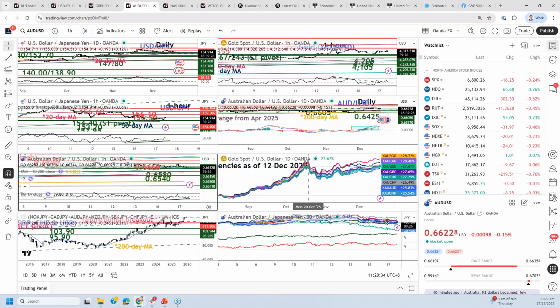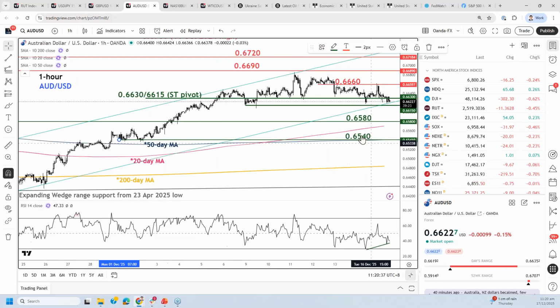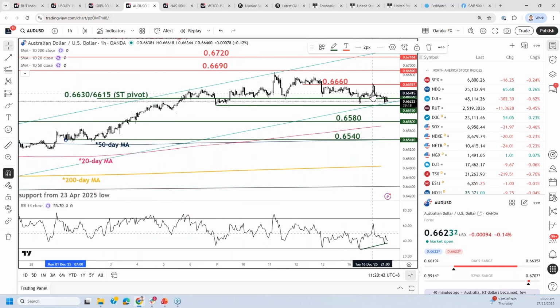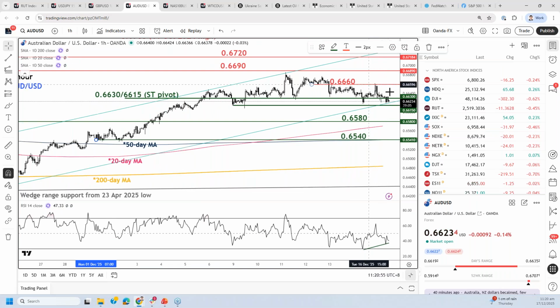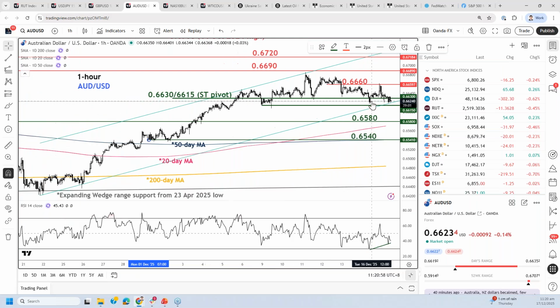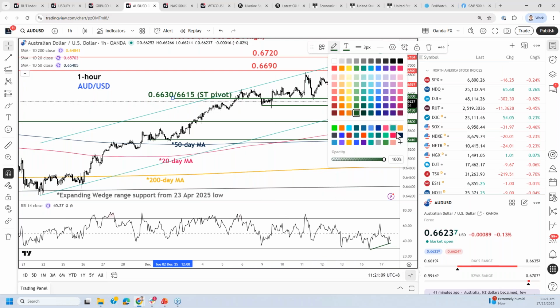Onward next will be the Asia Pacific currencies, starting with the Aussie dollar. The Aussie dollar also managed to survive at the short-term pivotal support level. Yesterday it spiked up during the start of the US session and hit our first intermediate resistance level / upside trigger level, but it couldn't break out at 0.6660 before upside momentum started to dwindle off and it started to trade sideways. And even though it's still holding above this short-term pivotal support level at 0.6630 / 0.6615, given the state of the situation in the euro dollar, I will flip to a neutrality stance for today as well for the Aussie dollar over here.